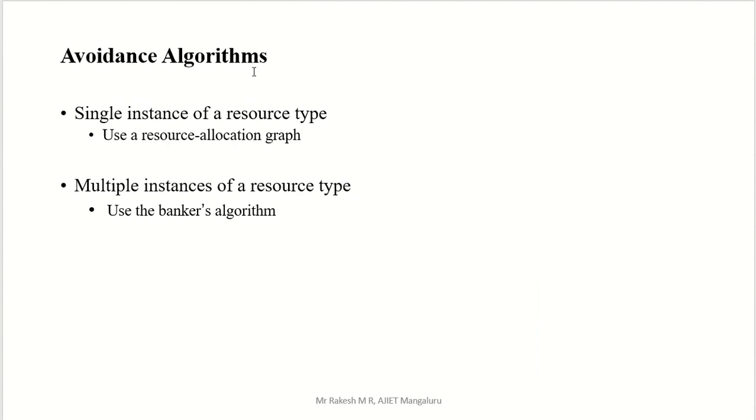So we have two deadlock avoidance algorithms, two types. One is for a single instance of resource type. I told you previously, what do you mean by single instance? The number of resources is called instances. If there is one instance of a resource type, we use one method, the resource allocation graph. If multiple instances of a resource type are there, then we use the Banker's algorithm. See the difference? For a single instance, we use only the resource allocation graph. For multiple instances, we use the Banker's algorithm. Don't mix these up.